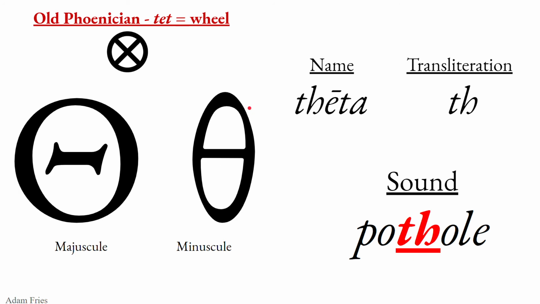The Old Phoenician tet becomes the Greek theta. We transliterate that as a th. Really, it's a tau. It's the Greek letter tau, but aspirated. So like the English pothole, toll,